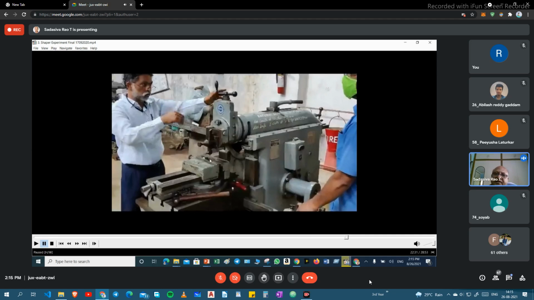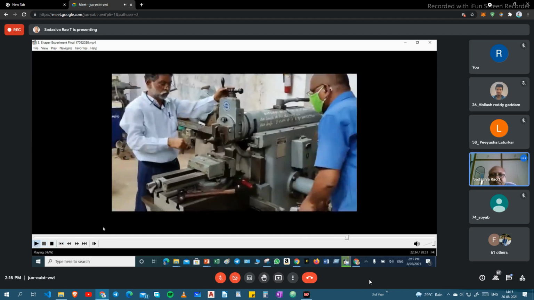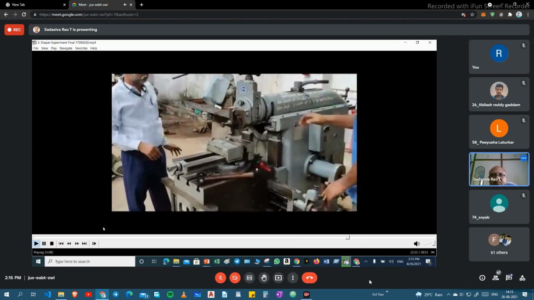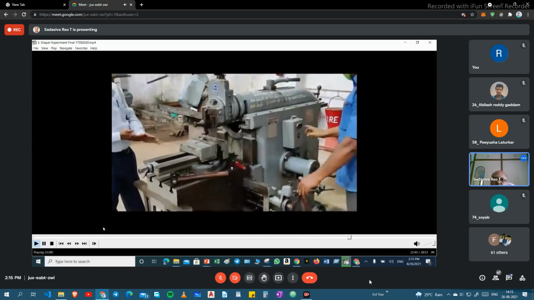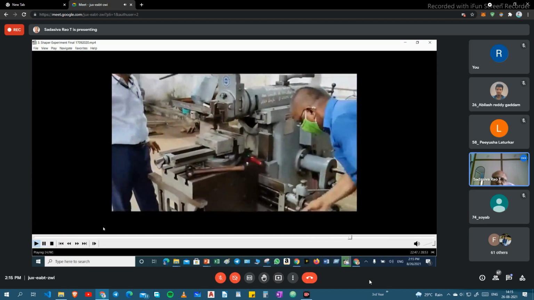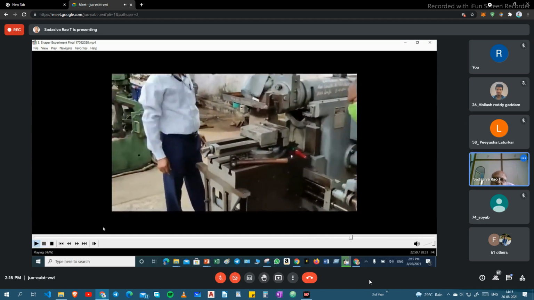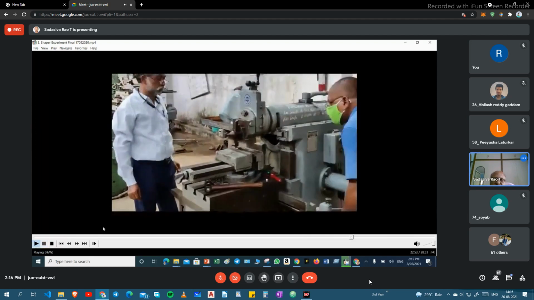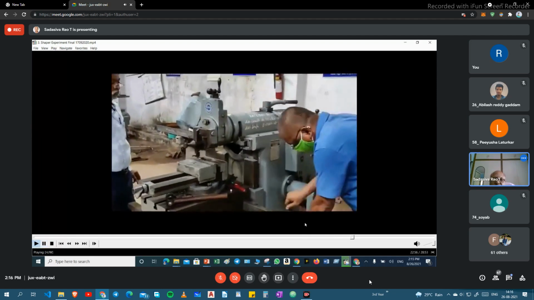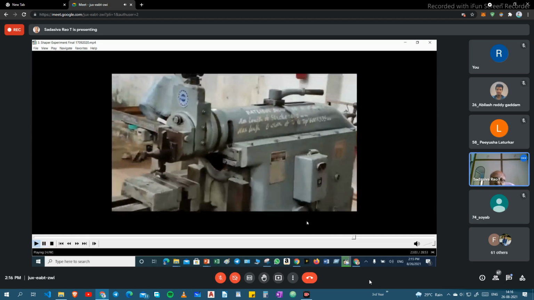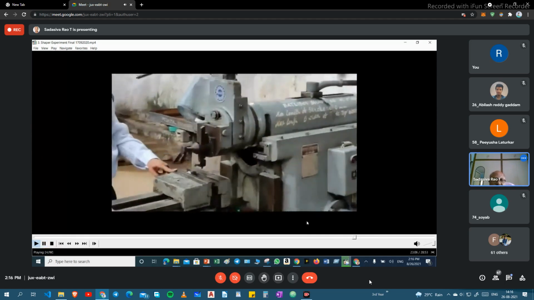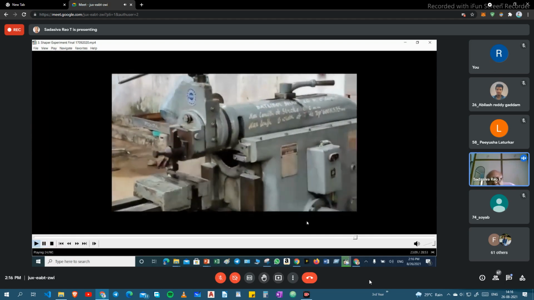So we are placing that by adjusting the height. 3.7. Okay. Depth of cut now 1 mm.